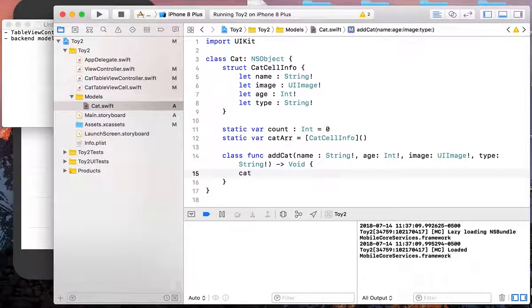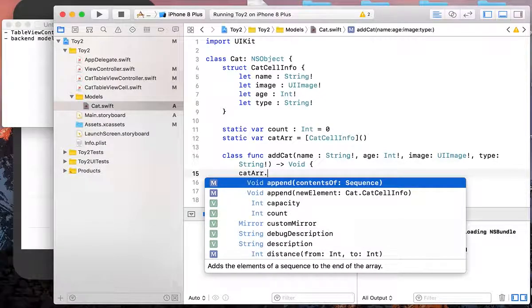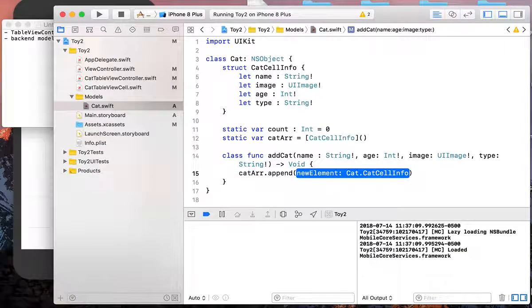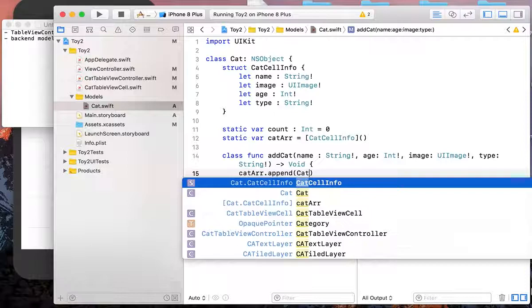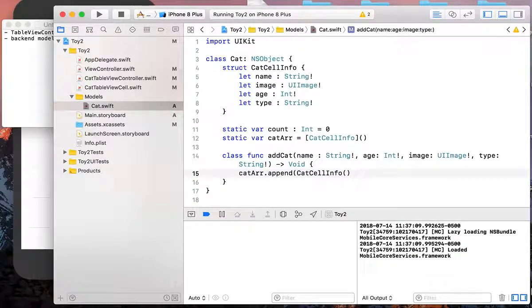So let's just call our cat array dot append, yeah. And let's initialize another cat cell info, and